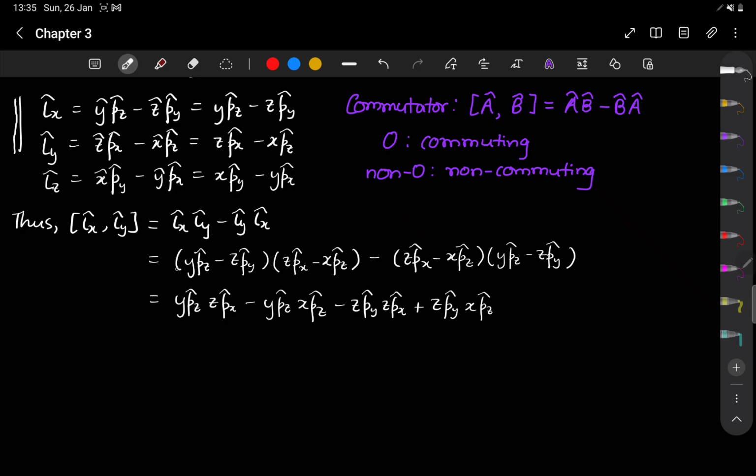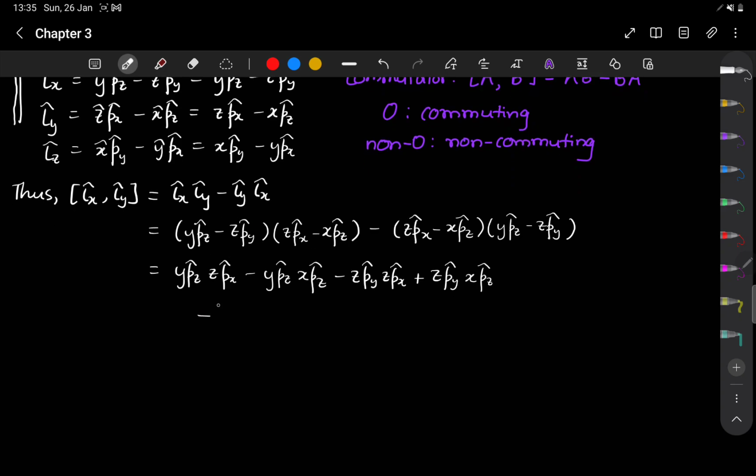This is from this first term over here, these first two brackets, and then from the second two brackets we have the following: